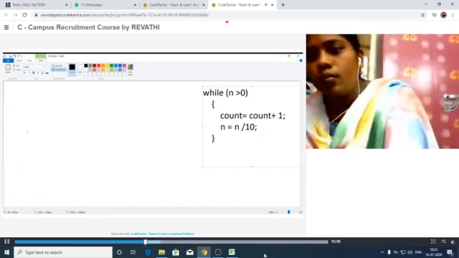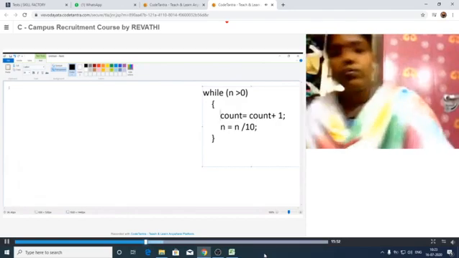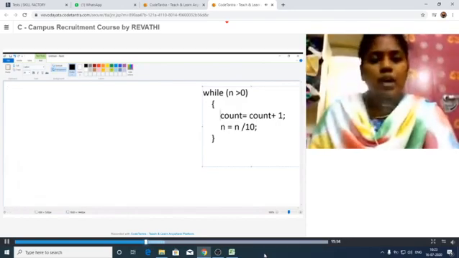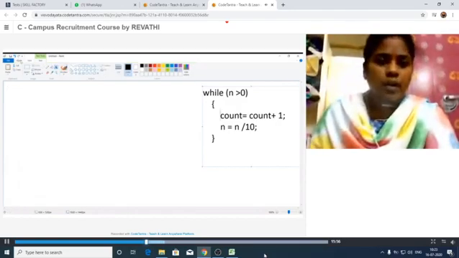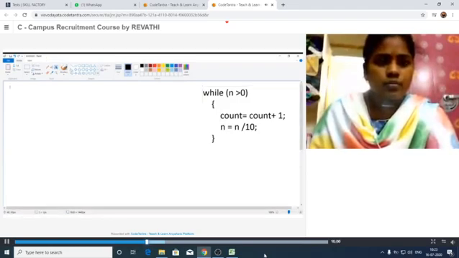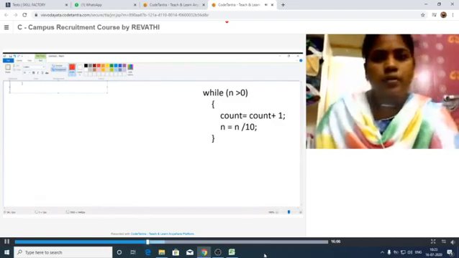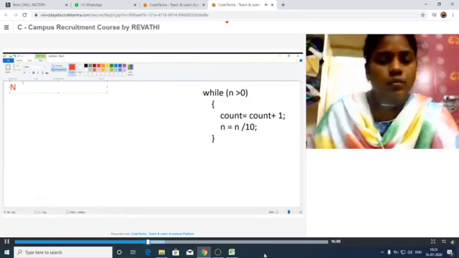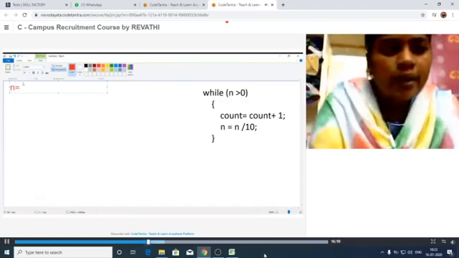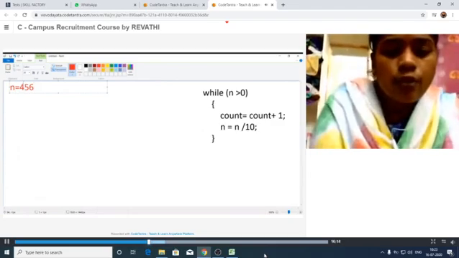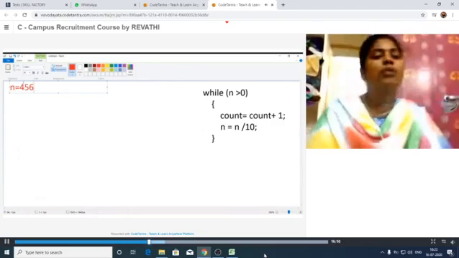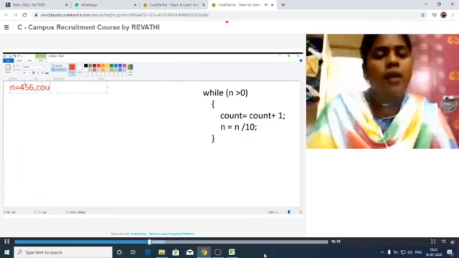Now, initially we have to provide the n value. We have to take the input value. I am providing n equal to 456. This is the number I am giving. Then count is equal to 0.